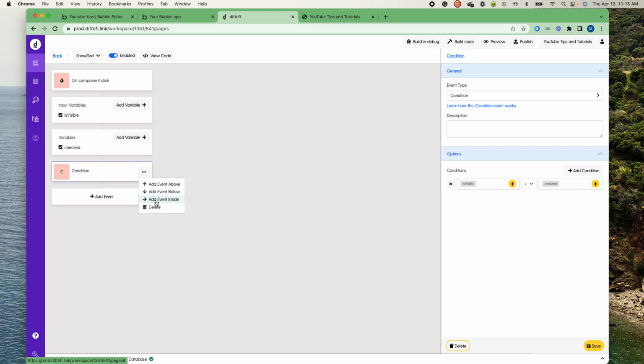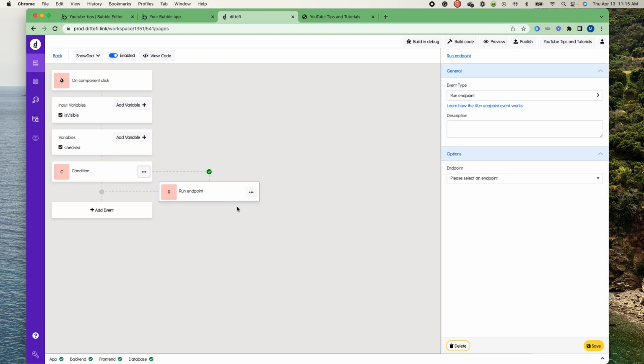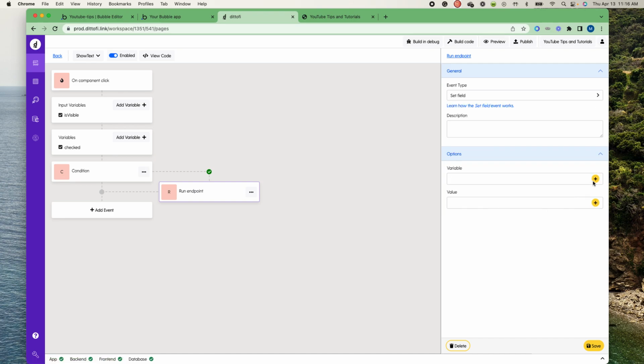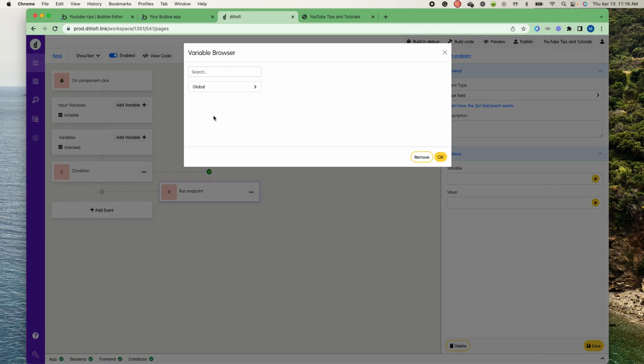I'm going to add an event inside this. So essentially, if the item is visible, I want to do a couple of things. I want to set my button text,